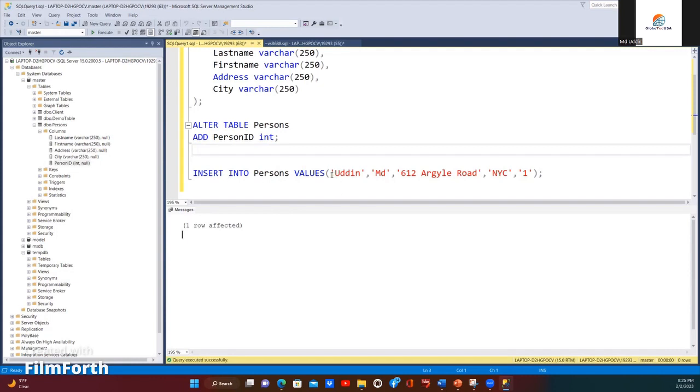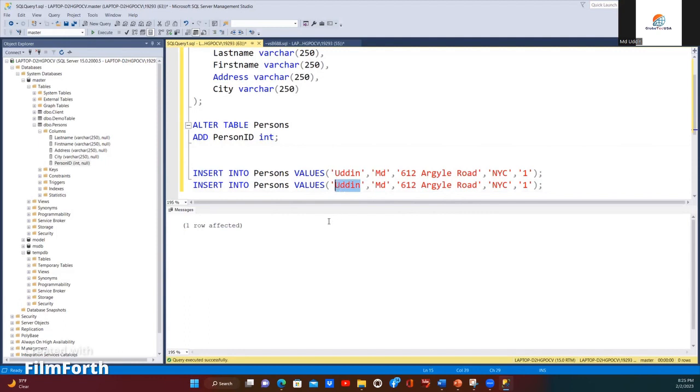So this is one row, right? Yeah. Last name, one column. This is one whole row, right? And there is one column, 2, 3, 4, 5 columns with one row, right? Now, if you want to insert more values, you can do it here. Just change the value and try to run it. You'll see